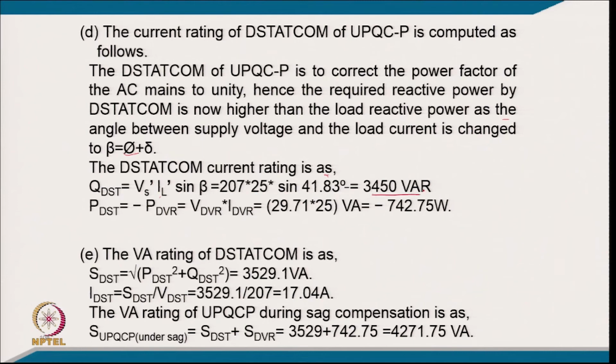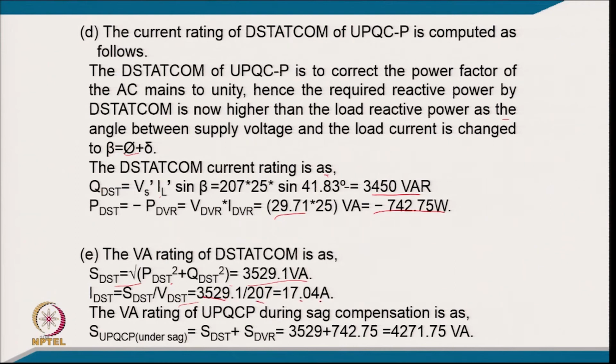So, that comes 3450 VAR, and PDSTATCOM is typically the voltage and current, so it becomes minus 742.75, and the VA rating of DSTATCOM will be the square root of P squared plus Q squared. So, it becomes 3529, which we calculated here,